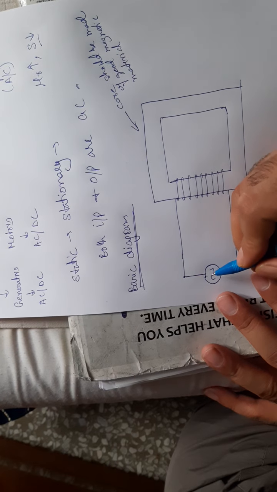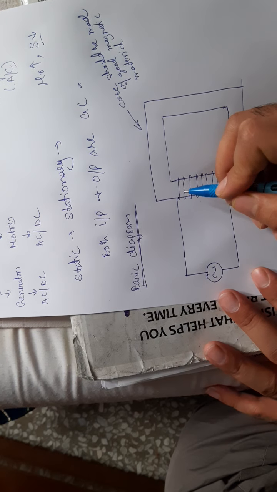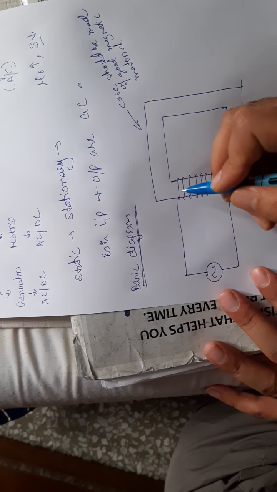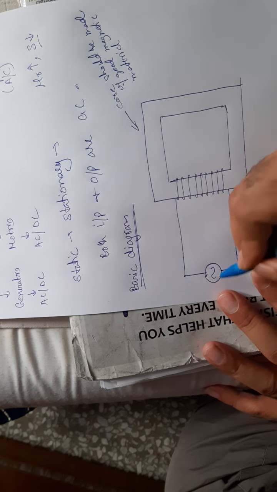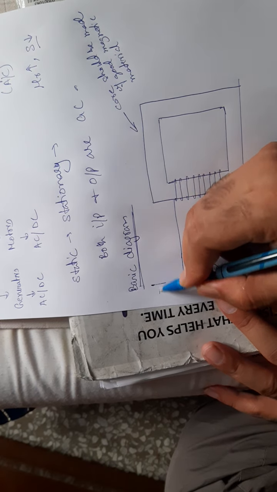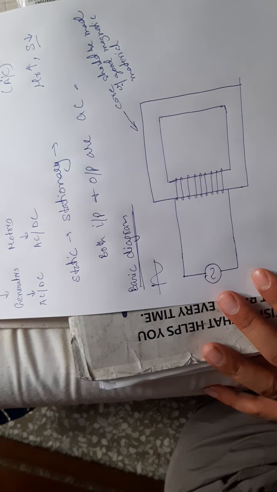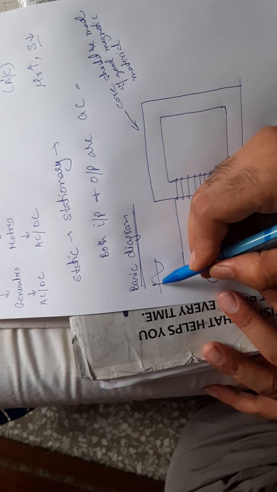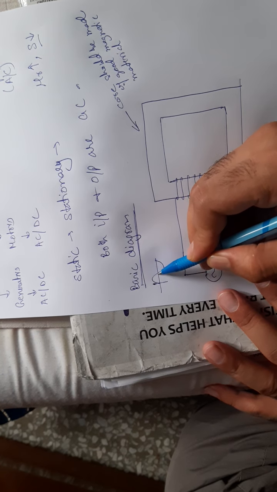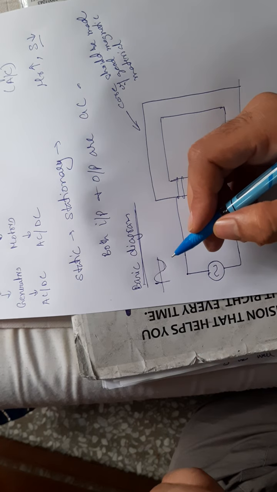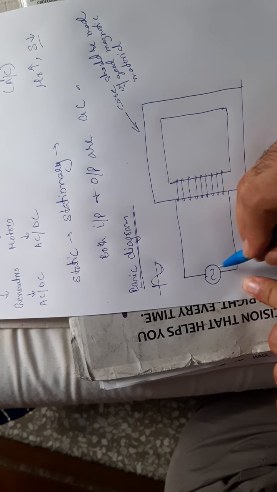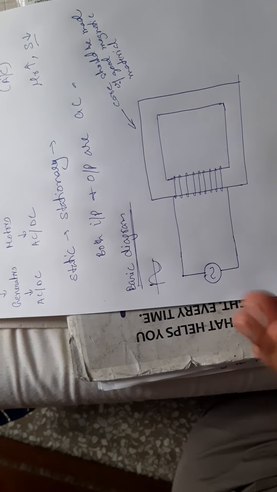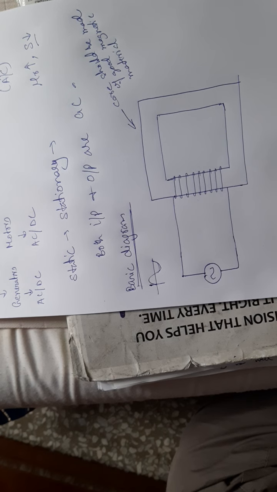But in case of a transformer, the input to the transformer is itself a changing quantity. It is itself changing with respect to time, whatever the input voltage and current. Because we want changing flux, we were saying there should be a relative motion. However, in case of a transformer, the input itself is changing. So that's why we don't need moving parts here.